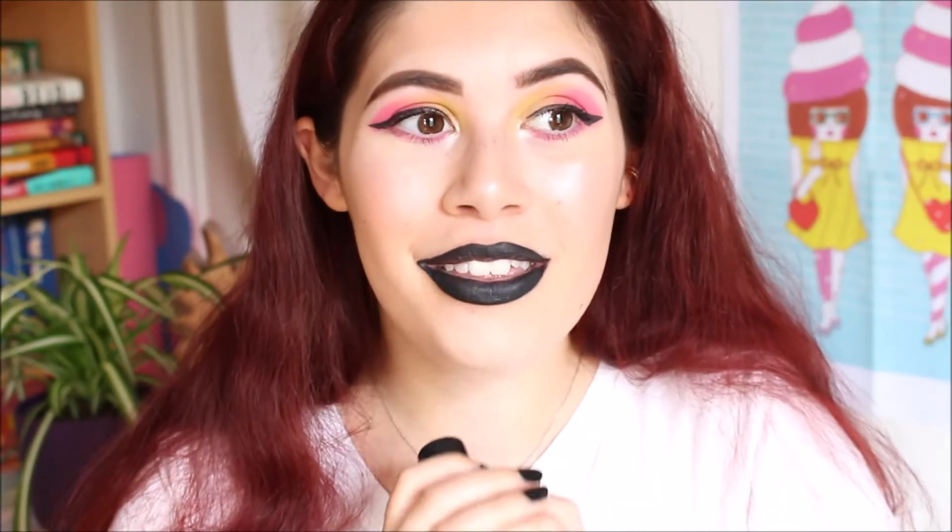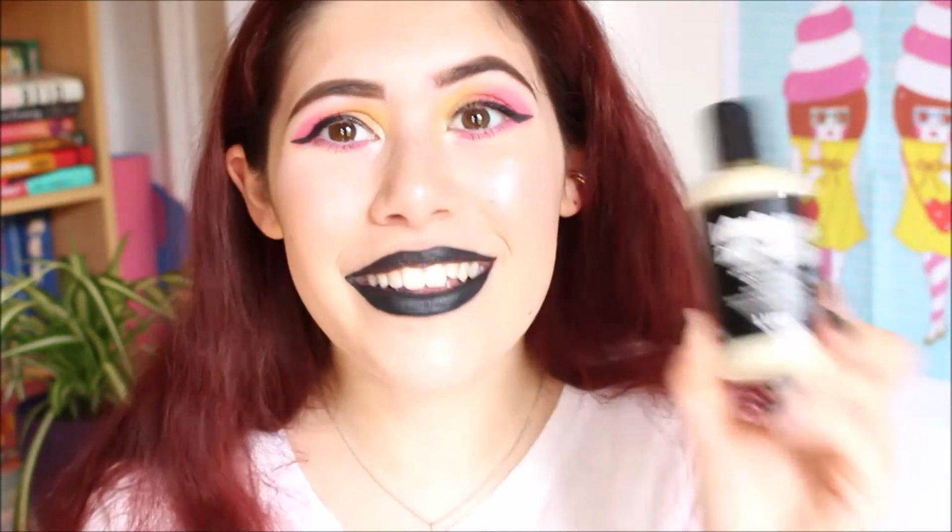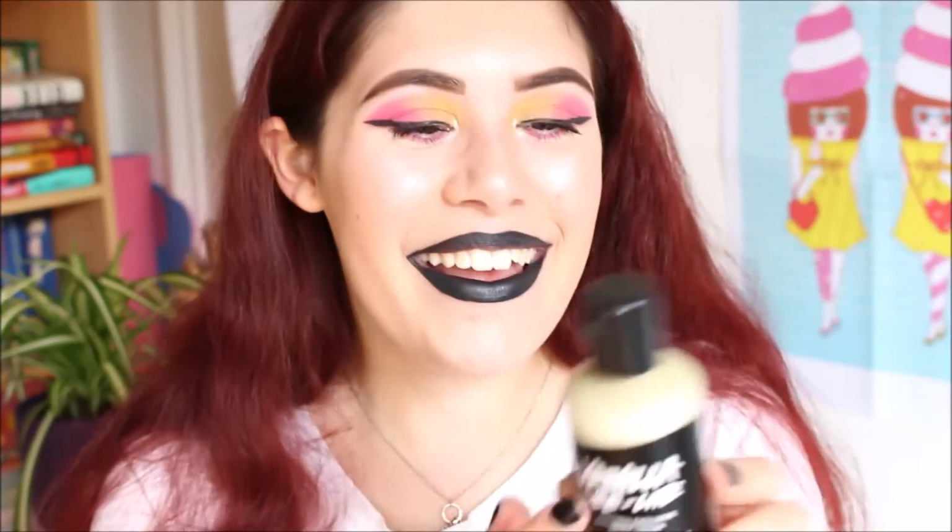This brings back so many memories of being a Lushie in 2014. That's 2013, 2014 is when I first got into Lush, and this was one of my first ever body lotions, and it got discontinued, and now I've got it. Okay, it's for the little light. Guys. It is,